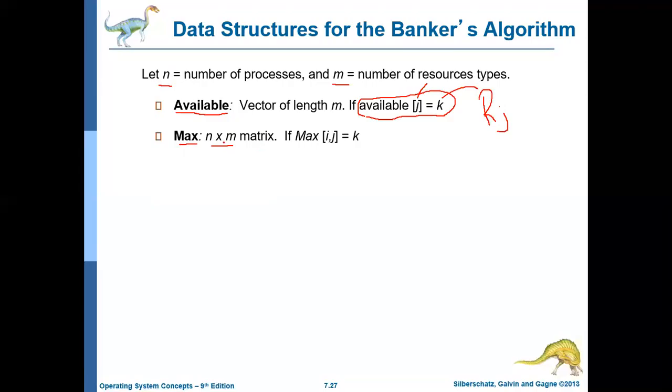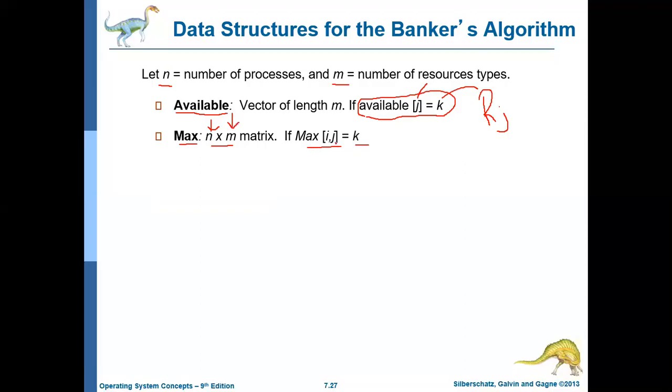If the system contains 5 processes and 10 resource types, then this will be a 5 cross 10 matrix. So here in this matrix, if max of i comma j equals k, then it means that